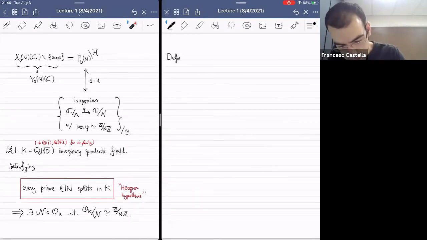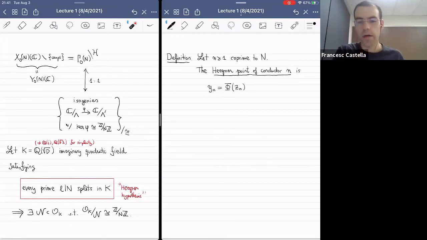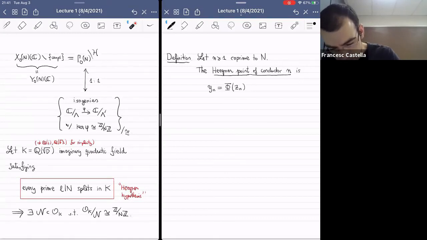Okay, so definition. Let's take n any positive integer coprime to N. Then the Heegner point of conductor n, I'm going to denote it by y sub n, is defined by applying phi to a certain point on the modular curve, where this z_n